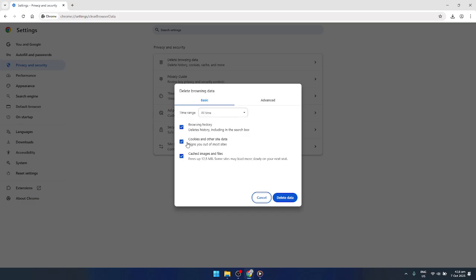Within this pop-up, you'll see a drop-down menu named Time Range. If it's your first time doing this or you want to be thorough, I recommend selecting All Time. This ensures you're clearing out all stored cache and cookies without leaving any corners untouched. Of course, if you'd prefer to hold on to data from the last week or so, you can adjust the